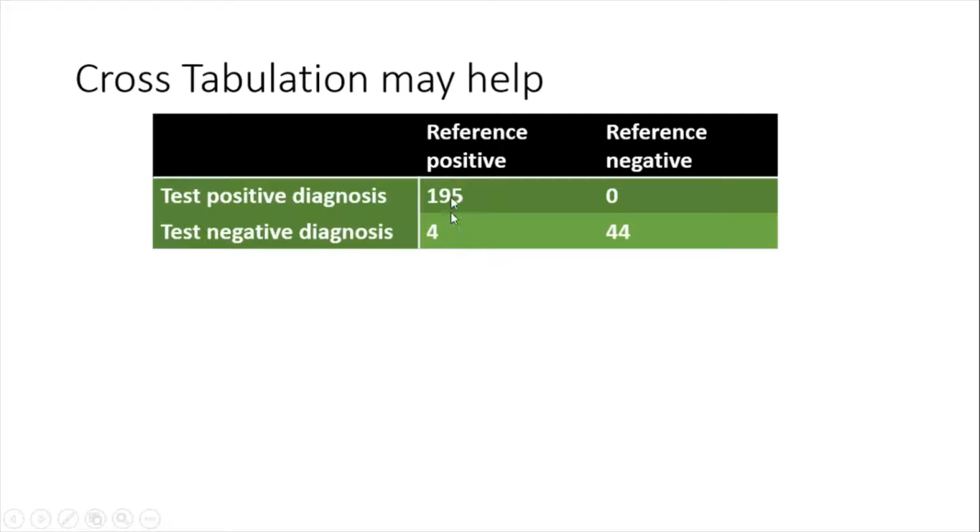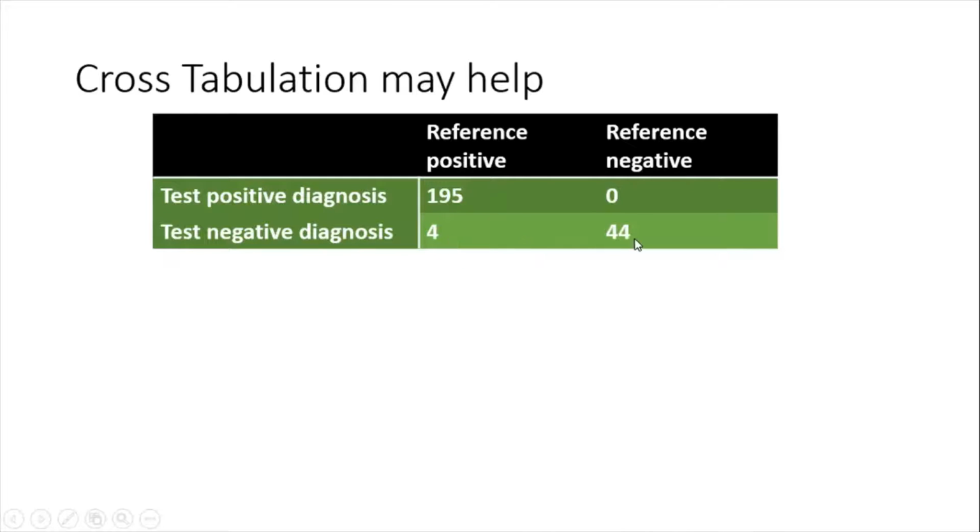If it is reference positive, that means it is positive, but if it is called negative by the test, that is a false negative report by the test. Here, 4 cases were false negative. And test negative results which are also reference test negative are called the true negatives. So we have here true positives, false positives,